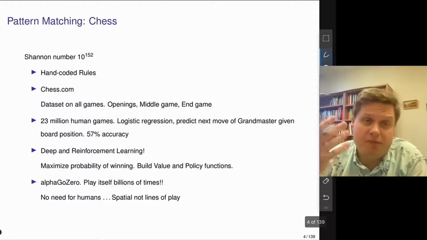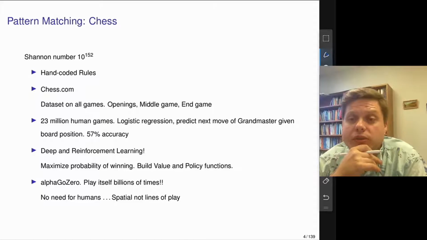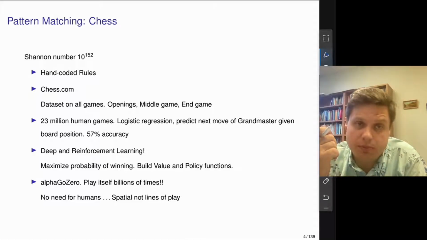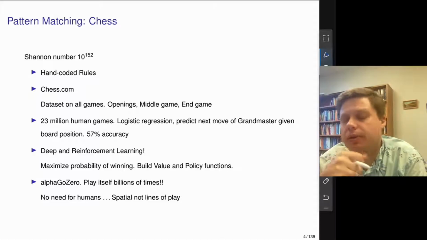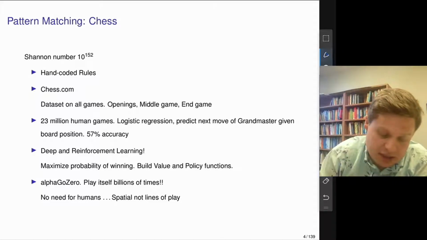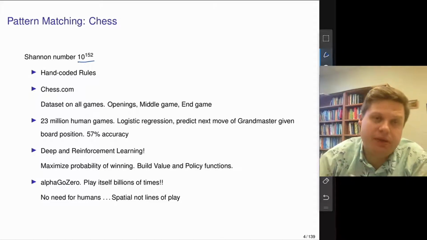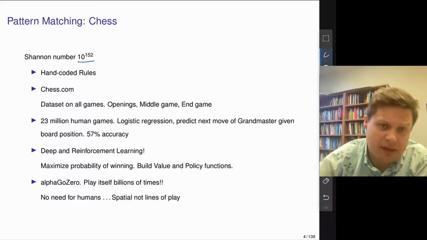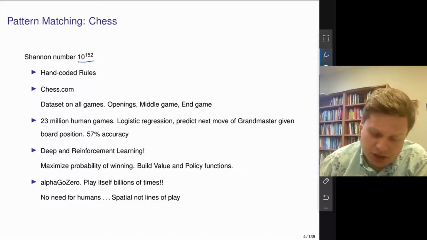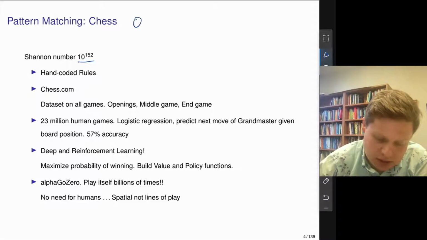Here is an example of pattern matching. The most powerful chess engine nowadays would use deep learning. Chess is a game with a very large number of combinations, and the number of combinations, called the Shannon number, is 10 to the power 152. And in the old days, the way that chess engines would be built, so old AI, and